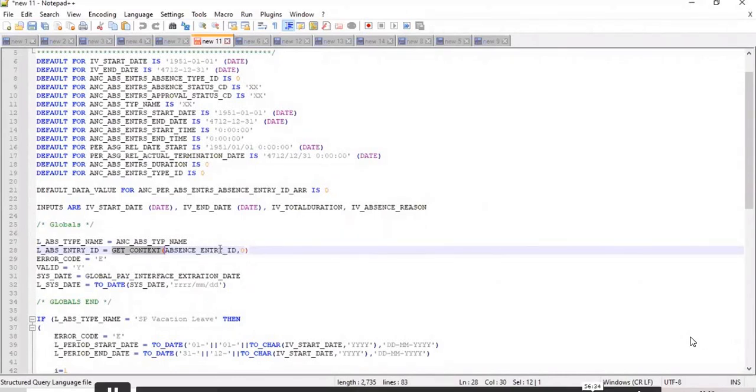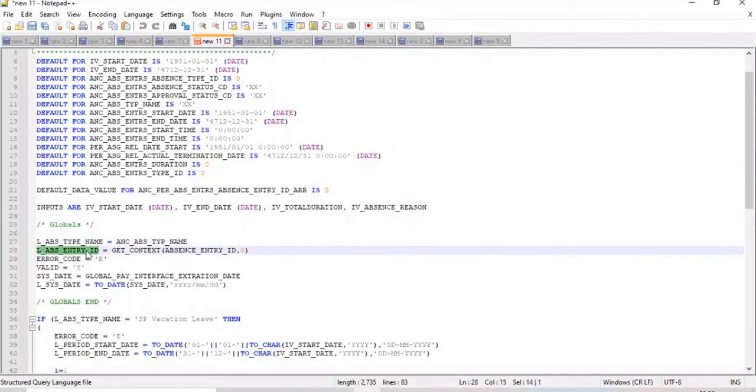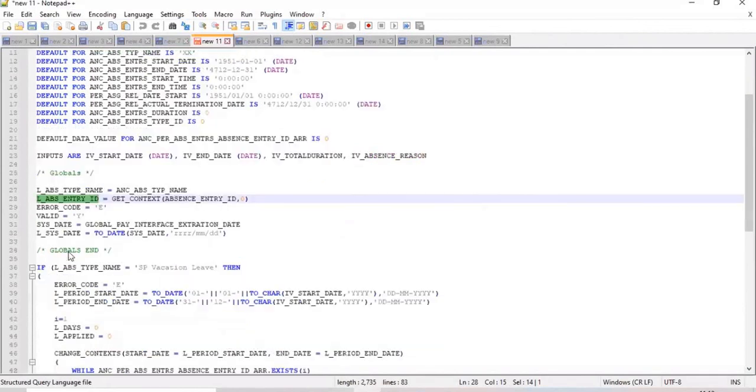Which absence ID? Who is the person? Who is the employee? So I said get context. Whomever it is executing for, those people's entry ID will be coming into this ID. And the local variables we use, we define them in the formula itself. And like this global variable, we are bringing some value from outside, other database items. Right.